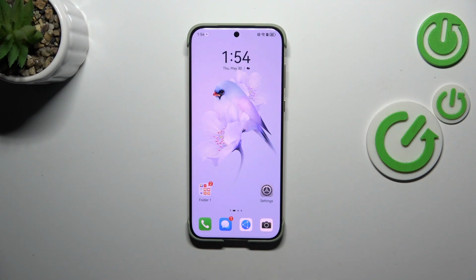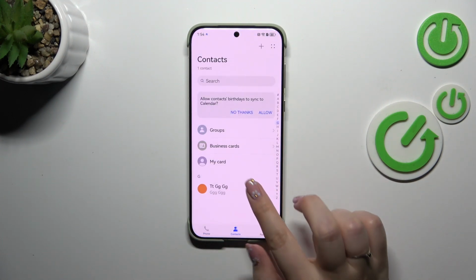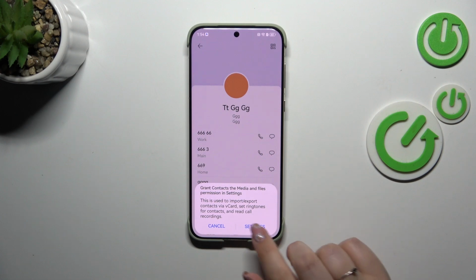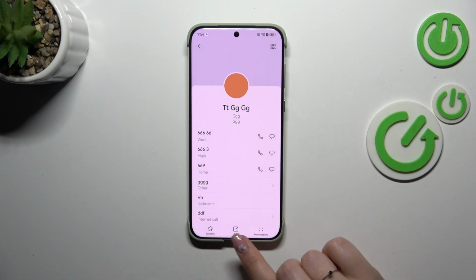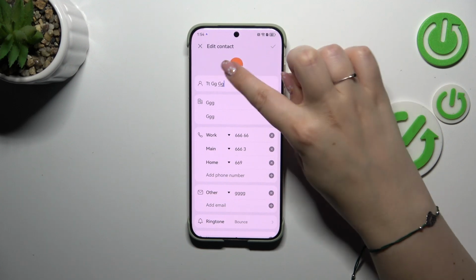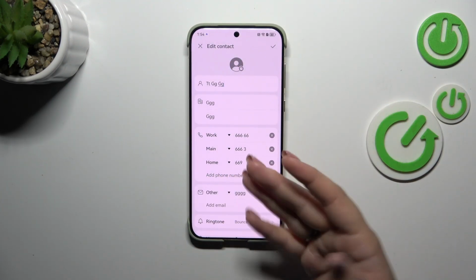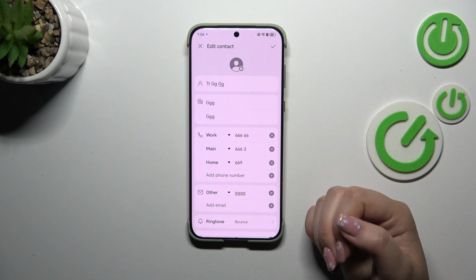So let's begin with opening your contact list, for example with the usage of the dialer. Let's find the contact you'd like to edit and tap on it. Then let's tap on edit and tap on this circle. Let me quickly remove the photo, and this is what you will see after entering the contact without any kind